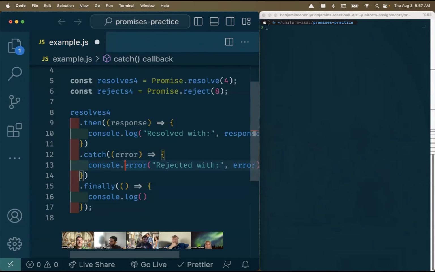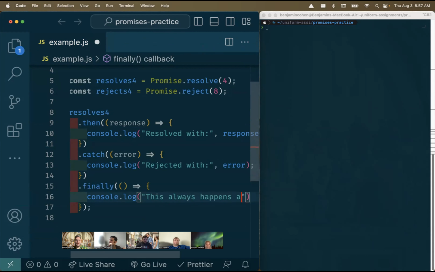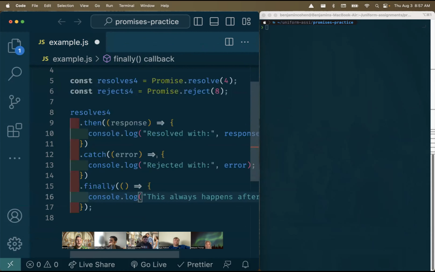I guess this doesn't matter here, so I'll do that, which just says this always happens after either. And if we were to run that, we would see,